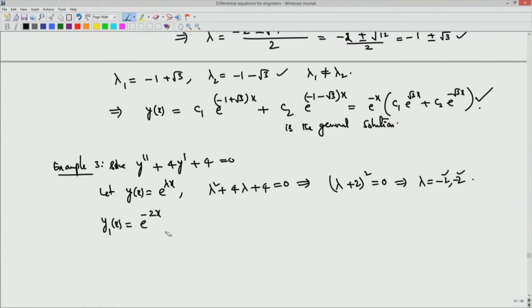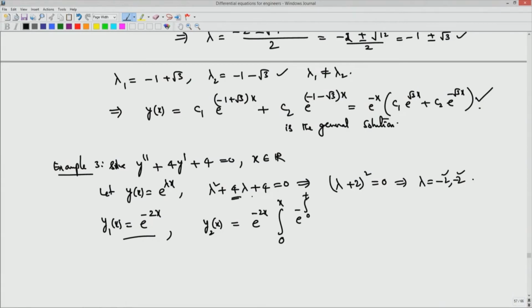You know by the earlier method, by Abel's formula, if you are given one solution y1, you can find the other solution y2 as y1 of x, that is e power minus 2x, times the integral from x naught, where x naught is any point in the domain. Here you have the full real line, so I can choose it as 0 to x of e power minus integral x naught to t of p of s ds